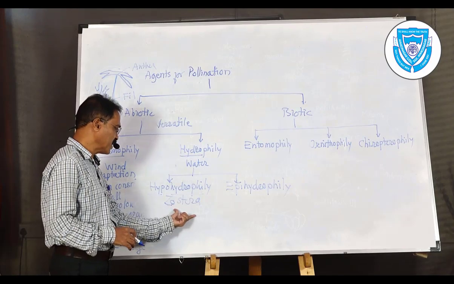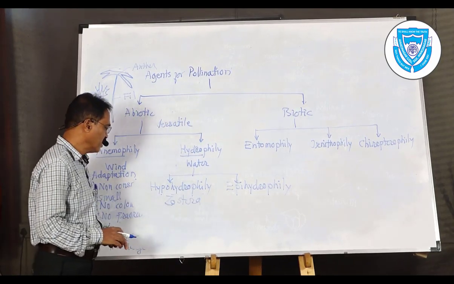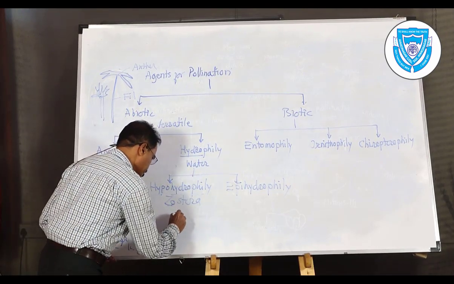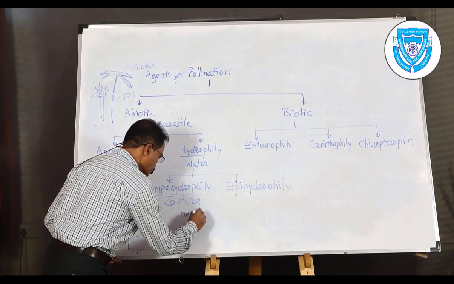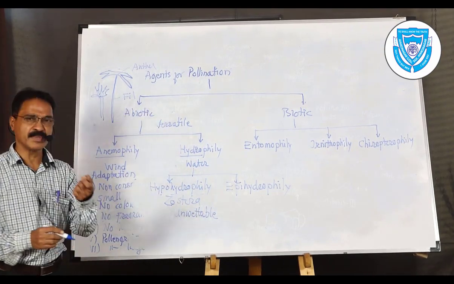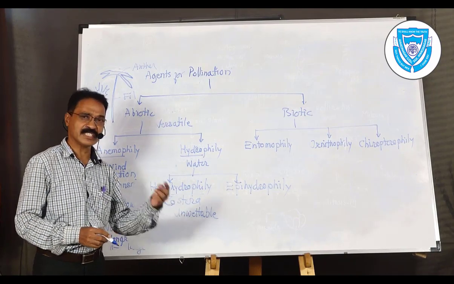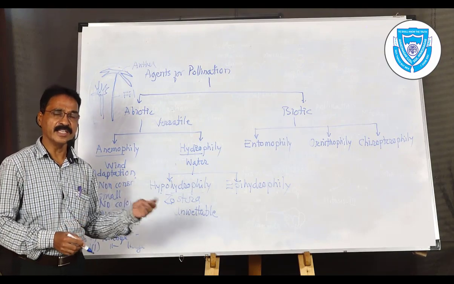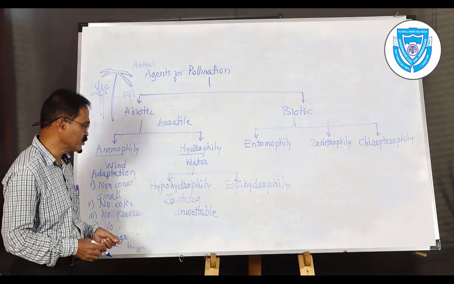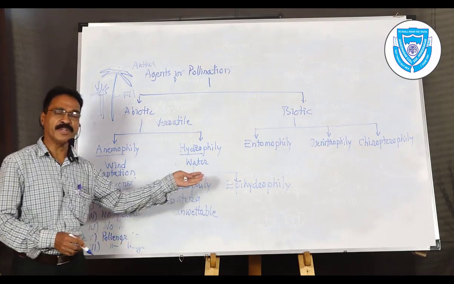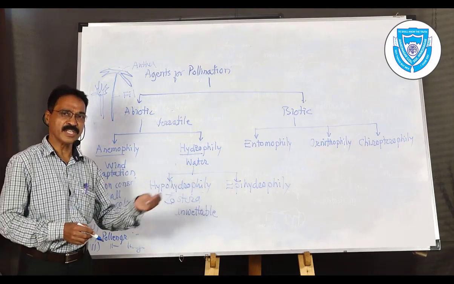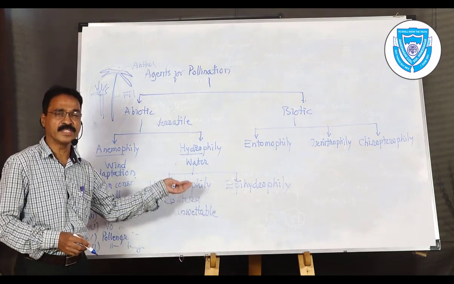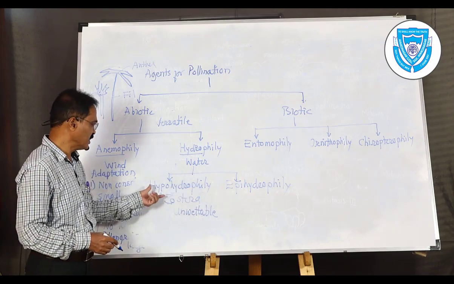So Zostera-like plants show hypohydrophily, but one more thing is that the plants present inside the water are unwettable. That means they may secrete some substance just like a wax coating, which prevents them from getting wet, and hence they are unwettable. The pollen grains are smooth, and as I told you, the specific gravity of this pollen grain is more than the water, so they easily sink to the bottom and are trapped by the stigma of the other plants or the female plants. So this is the hypohydrophily.